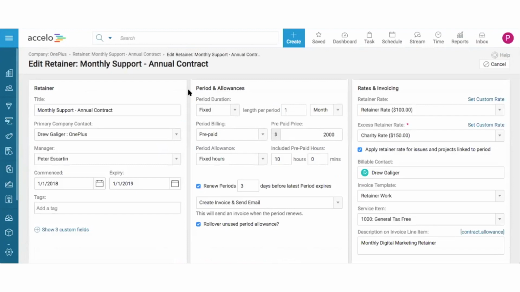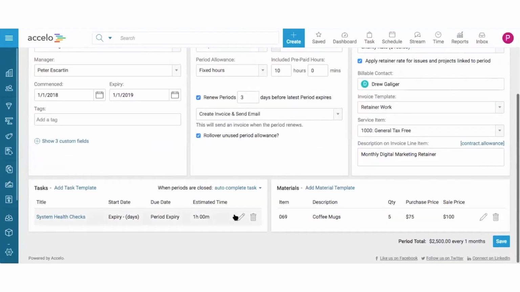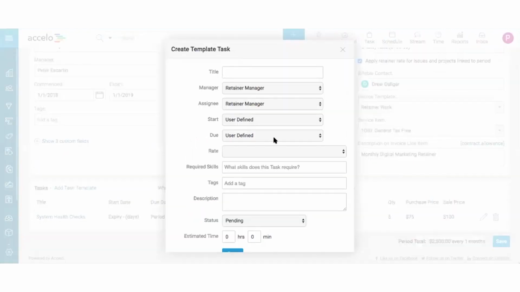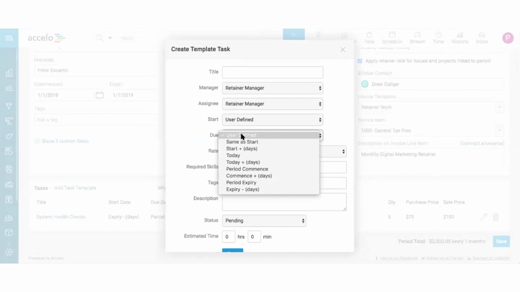So unfortunately right now, our limitation in creating a task is what we have here, our start and our due dates. While it is something that I would love to see in Accelo one day, and anyone listening right now, I highly recommend you go post an ideas forum right now that you want to see recurring tasks like bi-monthly or repeats every week within a period, things like that. Would love to see those, but right now, to answer your question, you cannot do that